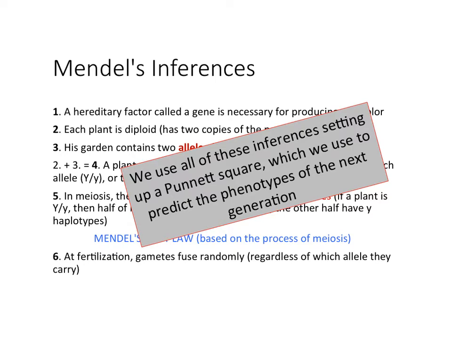And then there's the P word, Punnett square, that we use to incorporate all of Mendel's inferences, plus this number 6 at the bottom, which is not one that he probably understood. He didn't phrase it as such. The idea that eggs and sperm come together in random combinations to produce generations of offspring. And it was all this together that Punnett used to devise the Punnett square,